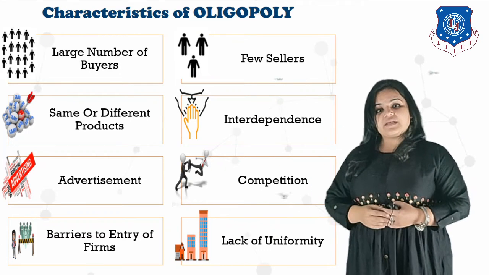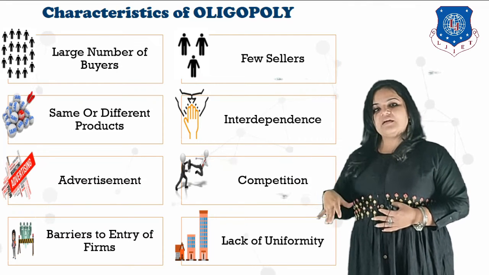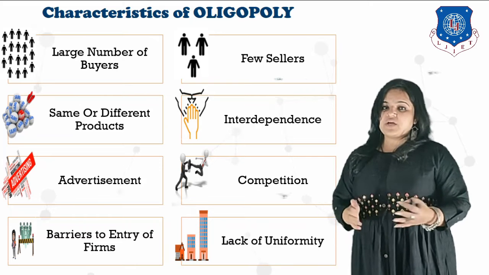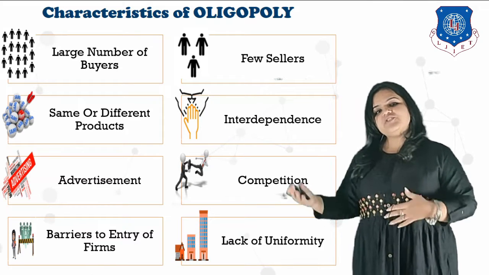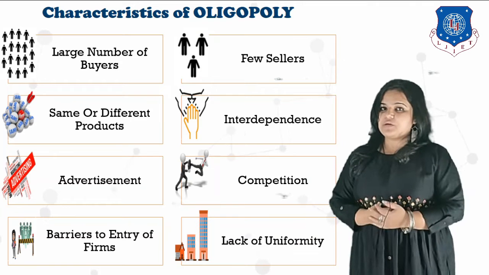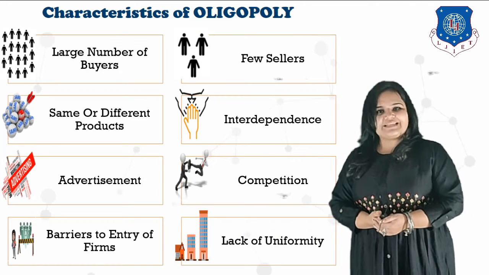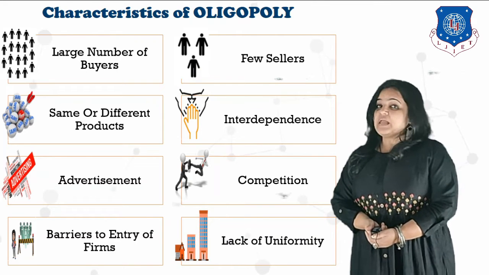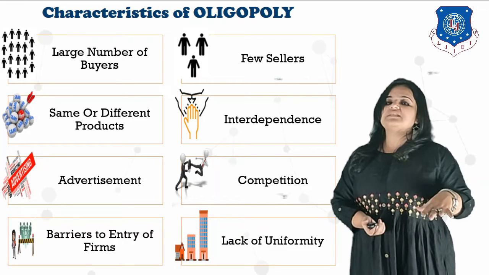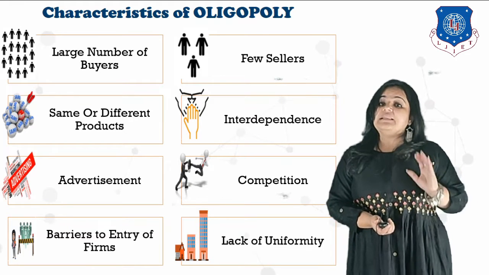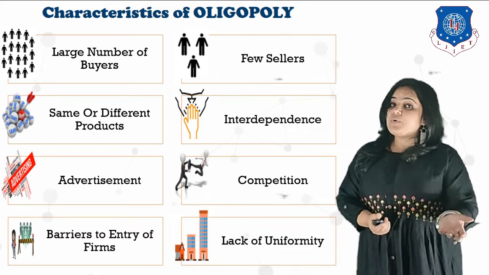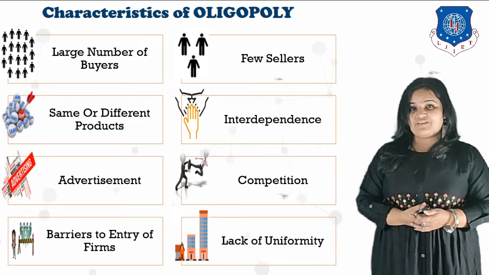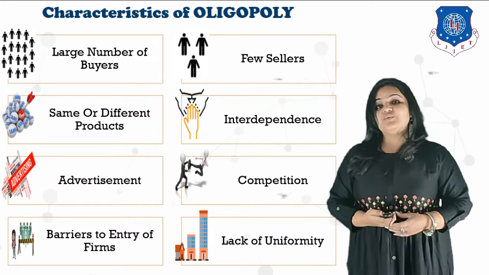If not by sitting together, they will learn from the market and keep the prices near to each other so that it is easy for consumers to switch from one brand to another within the same price range. They make their own prices but in accordance with each other. If someone tries to break up this cartel, he or she might suffer opposition from other sellers in the market. And as I told you, they have interdependence on each other and you do not want opposition.